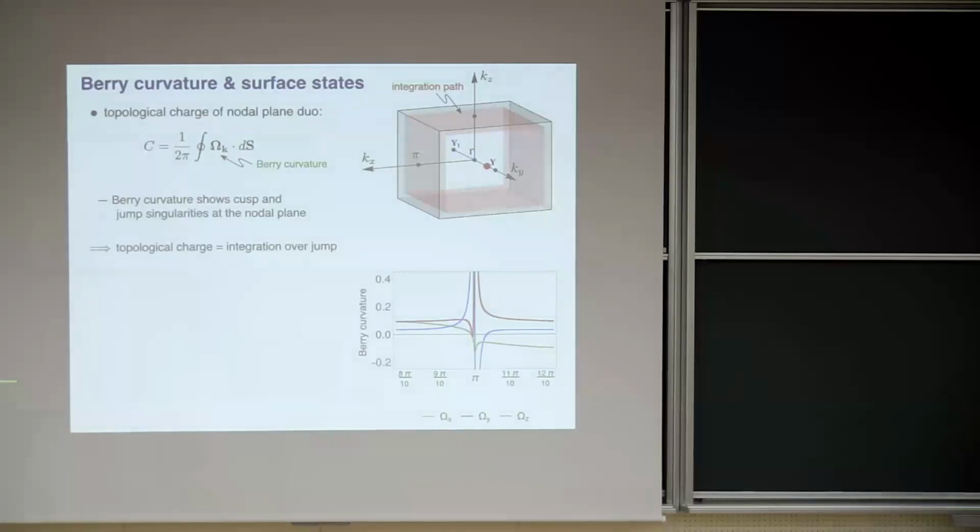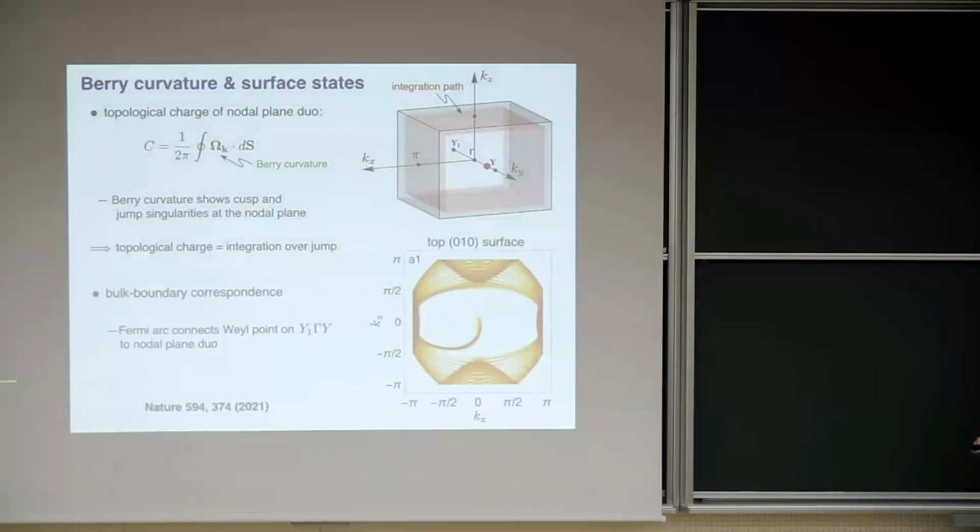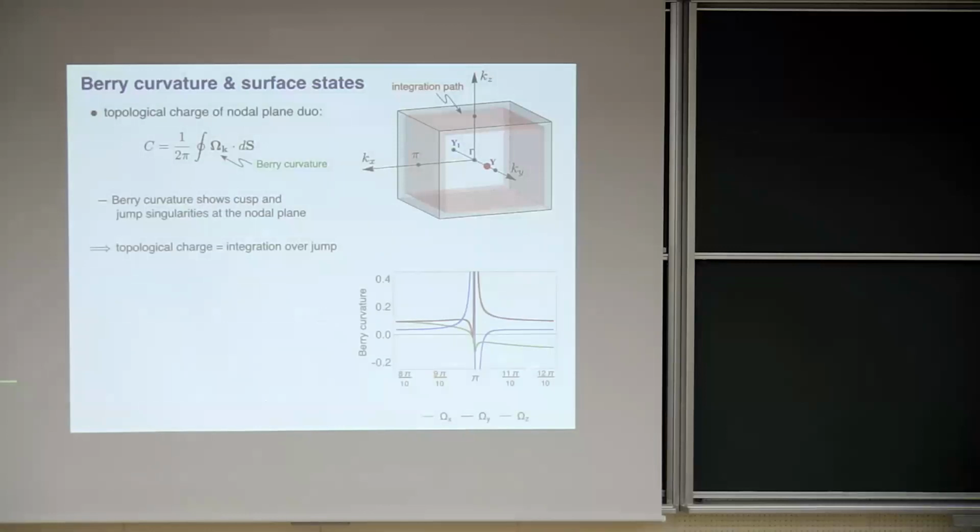Now, if you break this symmetry, then these singularities, these kind of removable singularities, turn into real singularities. So then you get these divergences in the 3 components of the Berry curvature. So this is maybe something that one could use for an application, because we now have a handle: by breaking one of these screw rotation symmetries, for example by applying a magnetic field, we can turn this kind of finite response into a divergent response. This Berry curvature controls many response functions, for example, the circular photogalvanic effect. And we are currently looking at ways to measure this in an experiment.